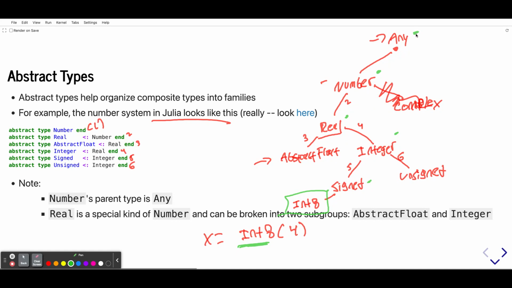So if we were to ask Julia, hey, is x an instance of signed? It would say yes. Is x an instance of number? The answer would be yes. If we ask, is x an instance of abstract float? The answer would be no, because we don't reach abstract float as we traverse back up this hierarchy of types. Let's clear our drawings away